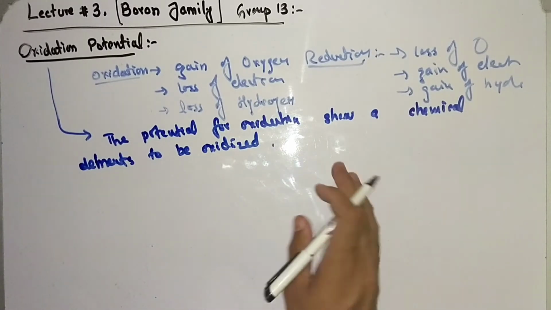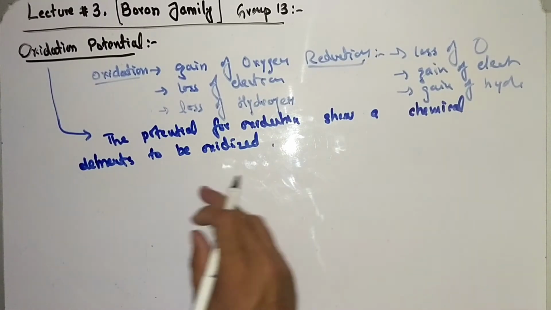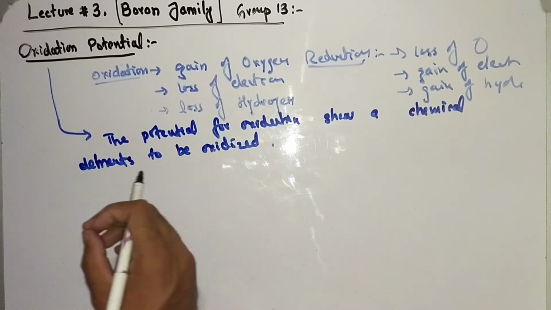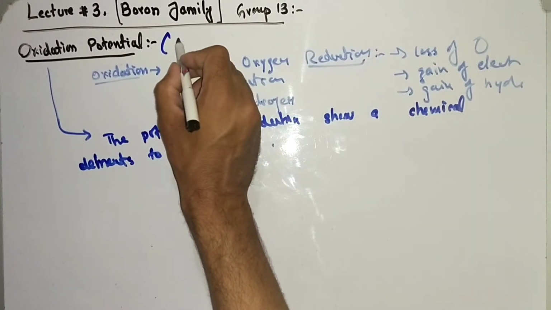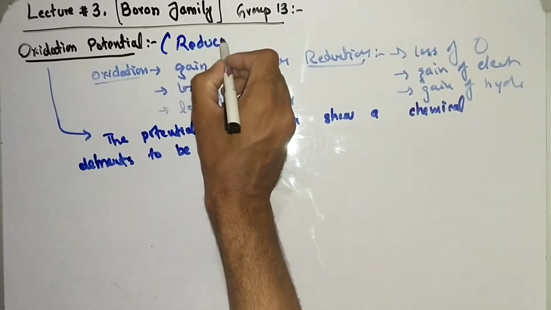This potential is called oxidation potential. Also, oxidation potential means reducing nature, they are reducing in nature